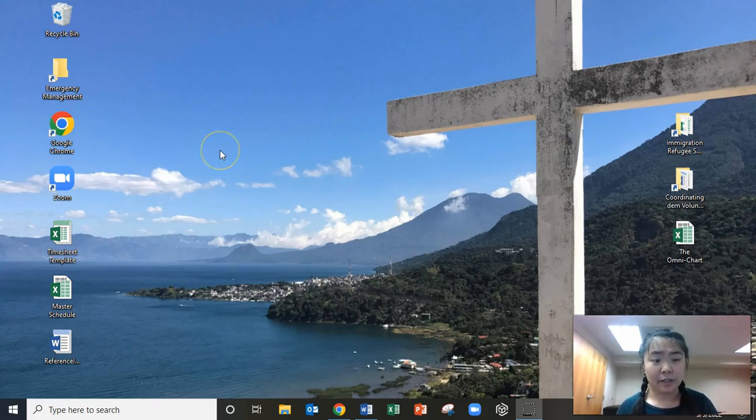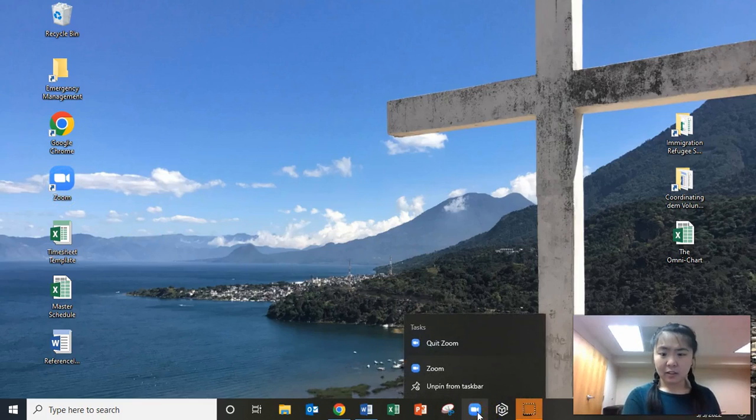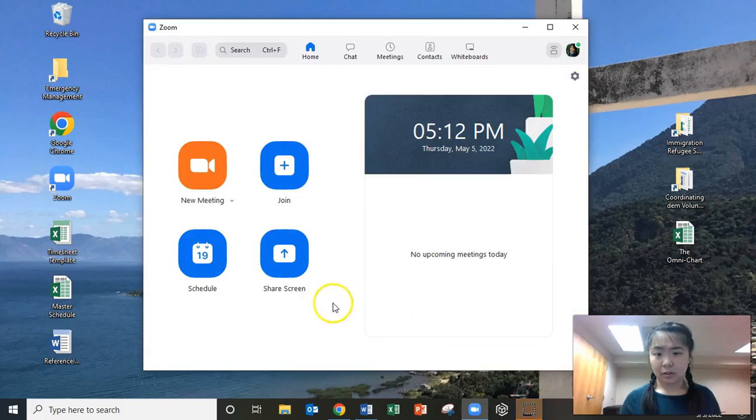So this is the Windows version. We want to use the app version, not necessarily the internet browser version. So see, Google Chrome is here, but right below it we have our desktop Zoom app, and we also have one down here in our start bar. So I'm going to click on it. It will immediately open. So I'm already logged in, but it might ask you to do the login process, and